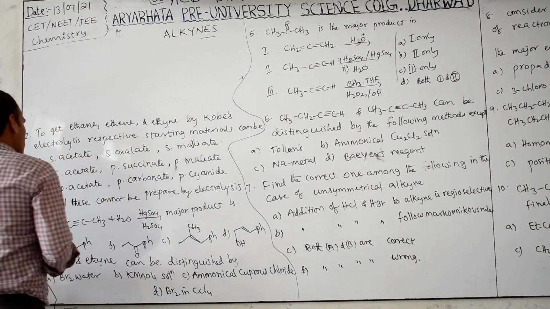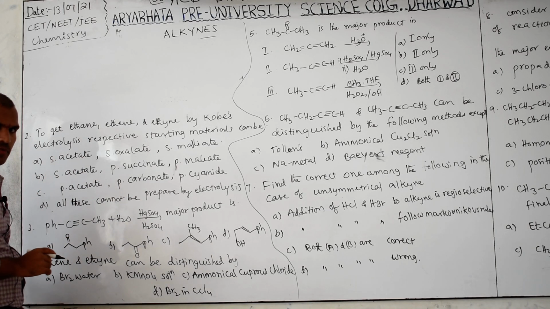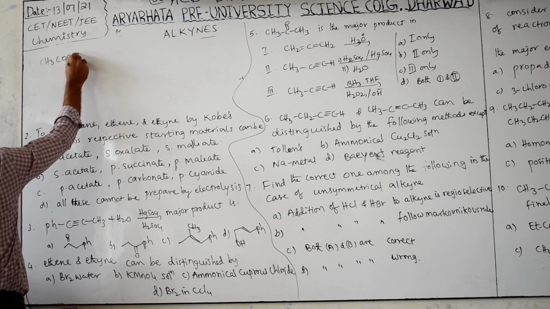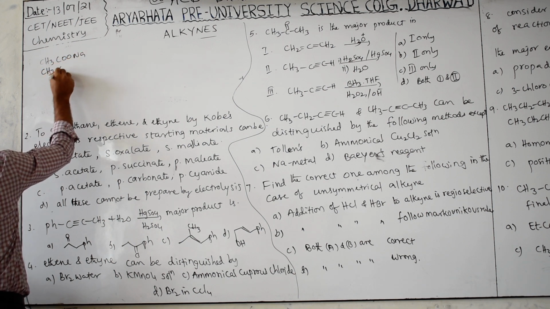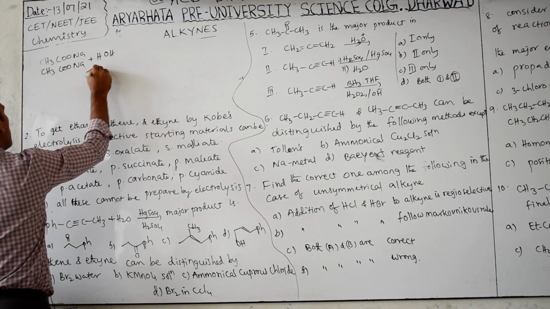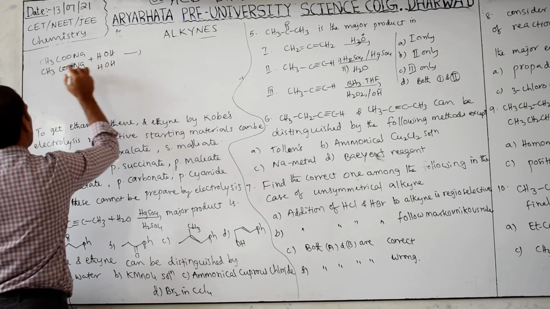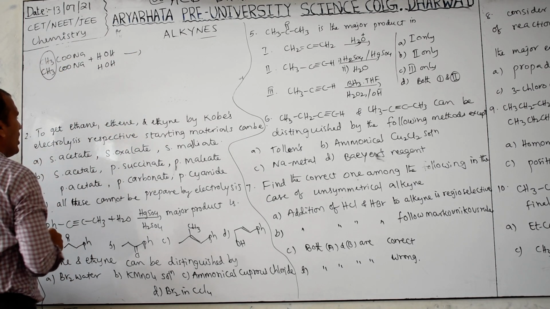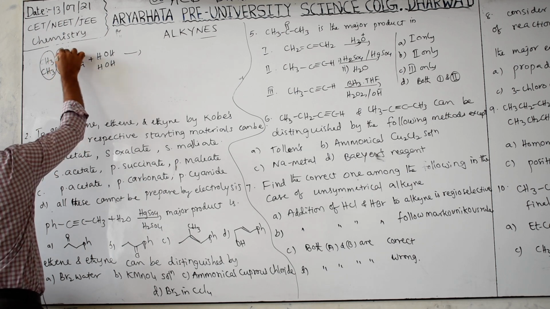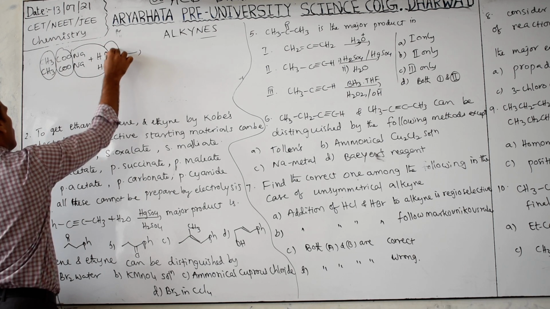See, the first option is what? Sodium acetate. Sodium acetate means CH3COO-Na. Like this, how many moles do we have to take? 2 moles we have to take, and here water. Electrolysis. Then this will form ethane, possible. CO2 is eliminated, NaOH is formed, like this 2 moles eliminated, H2 is eliminated.